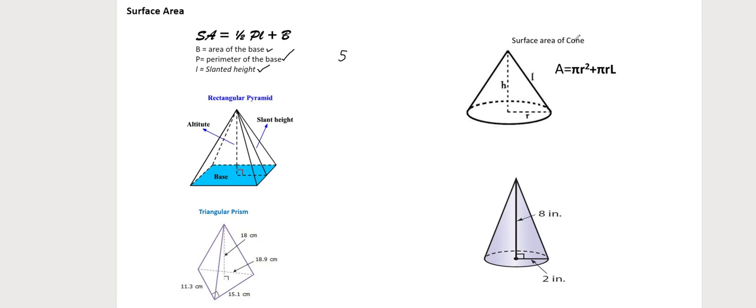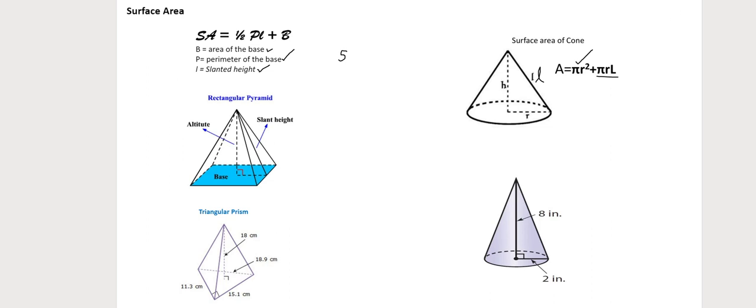Now, if we look at the cone, remember the base is a circle, so definitely you're going to have pi r square. That's the area of the base, and then you're going to add pi r l, and the L again is the slanted height. Okay, in this case, I have it as a capital L, but it's the slanted height. That's what it stands for. Okay, now the pi r l, what it's called is the